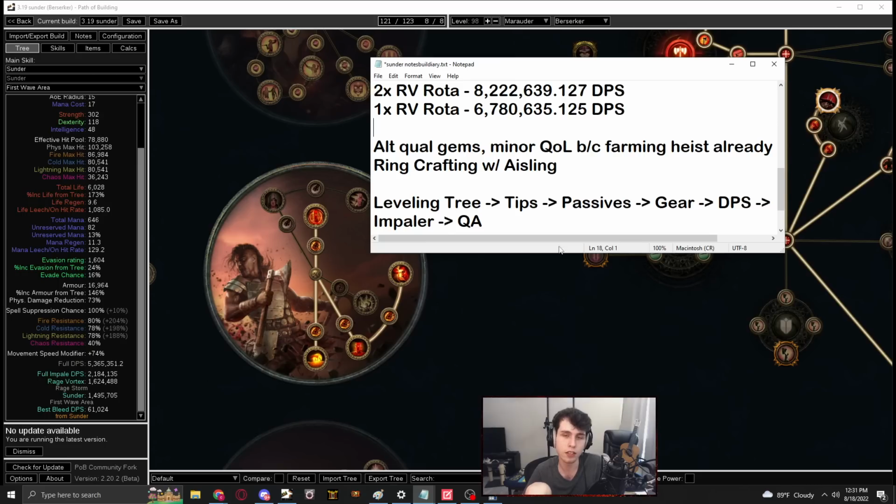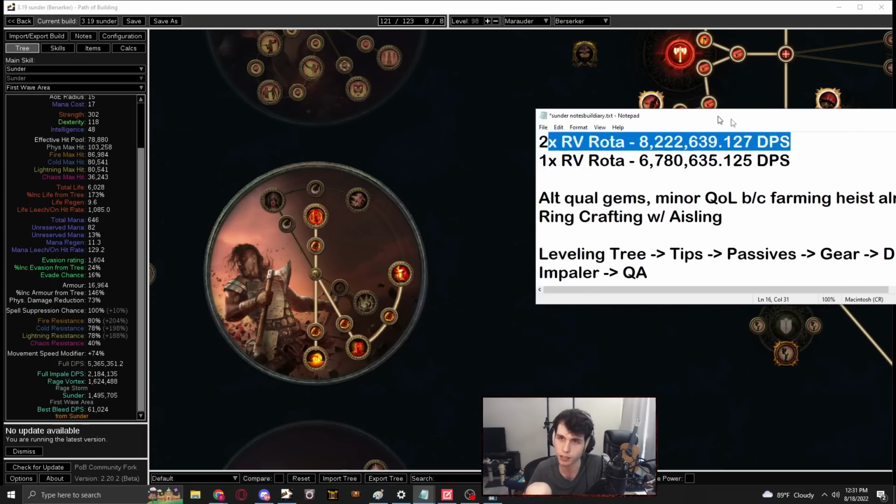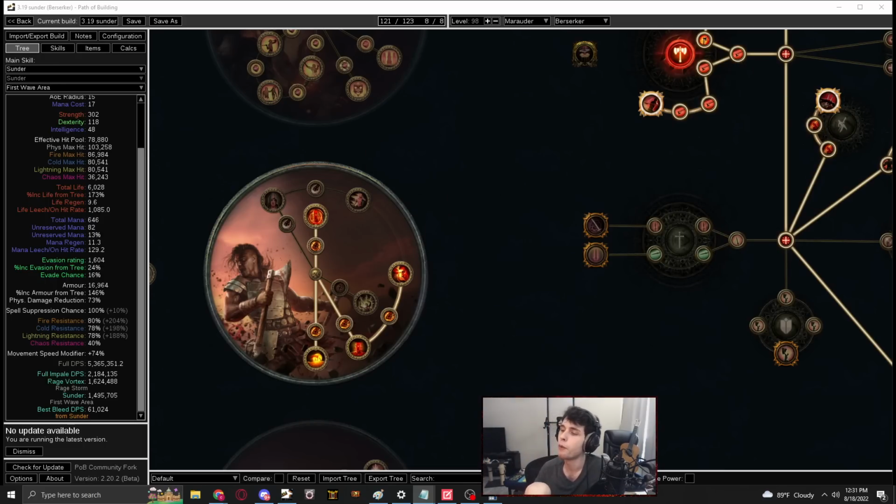And then this is also, PoB can't really calculate accurate Rage Vortex DPS. So this is the total DPS of the build, not the DPS of just Rage Vortex by itself. So if you're following this rotation with the 800 DPS axe with the gear I have listed in the PoB, which I will show you, you are at 6.8 mil. And if you're following this rotation, you are at 8.2 mil total. That's total DPS, not Rage Vortex DPS, to be clear. Okay, now that we've gotten that out of the way,